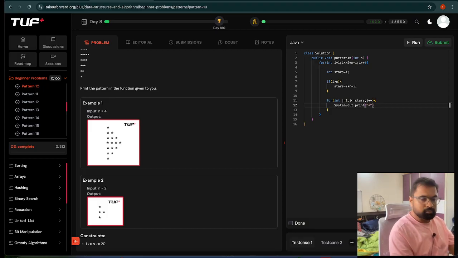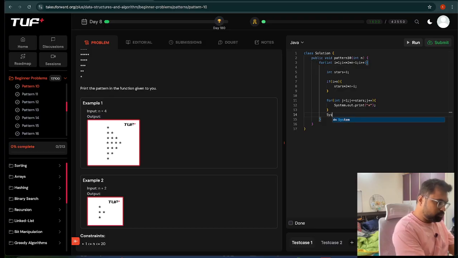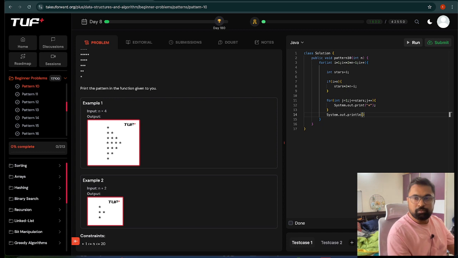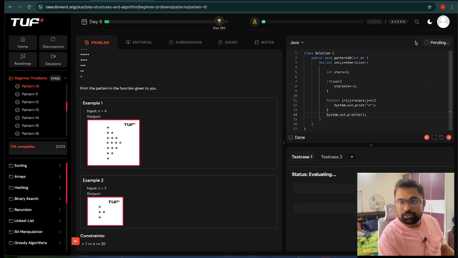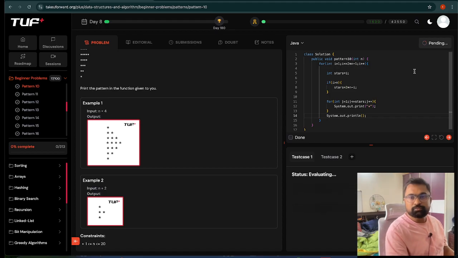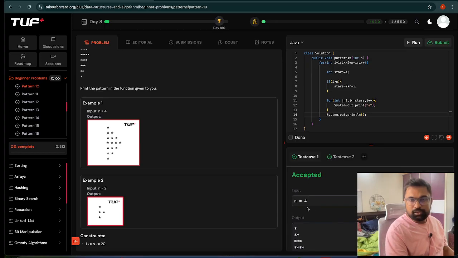Okay, and after this loop we will do System.out.println. Okay, let's try to run this. Yes, it has passed. So for n equal to 4 we are printing the similar pattern,